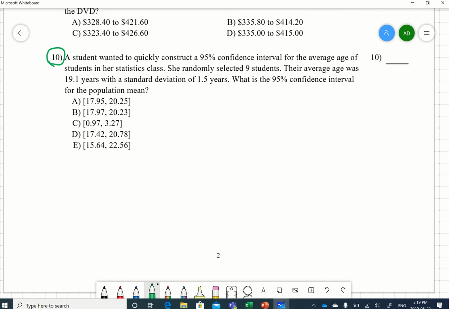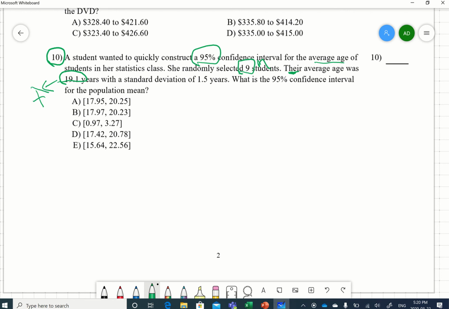It says a student wanted to quickly construct a 95% confidence interval for the average age of students in her statistics class. She randomly selected 9 students, that's their sample size, and their average age. That means the average age of these 9 students, the sample mean, right? So their average age is 19.1. So this is X bar